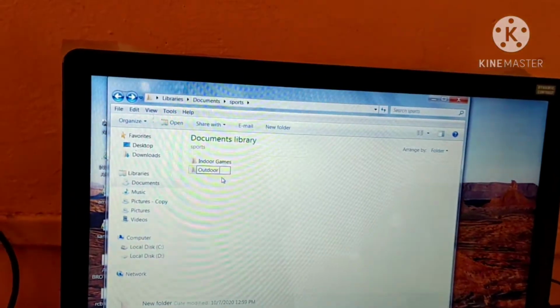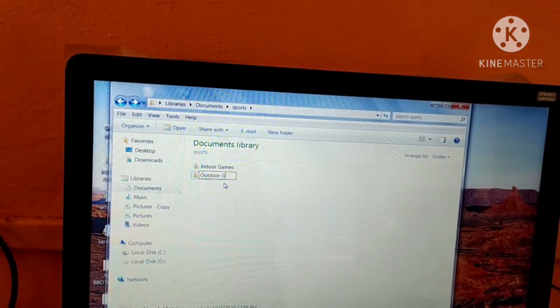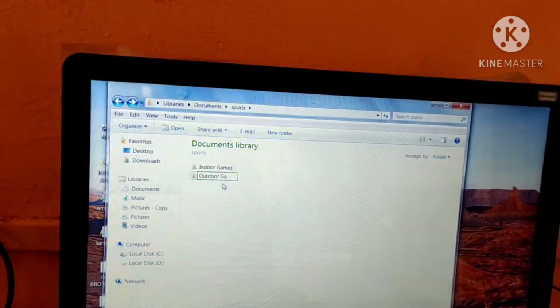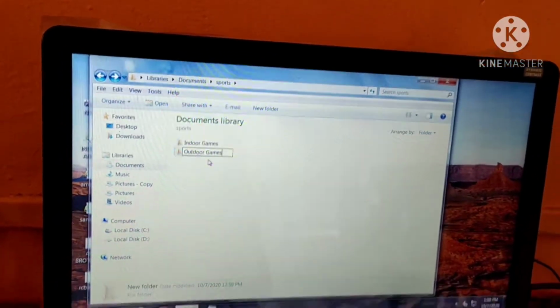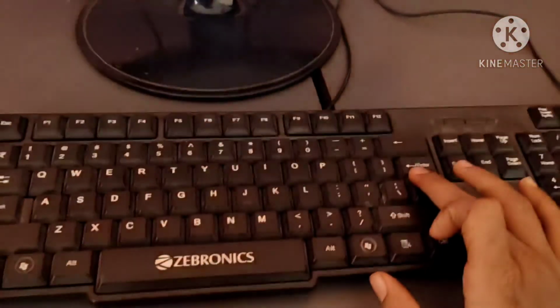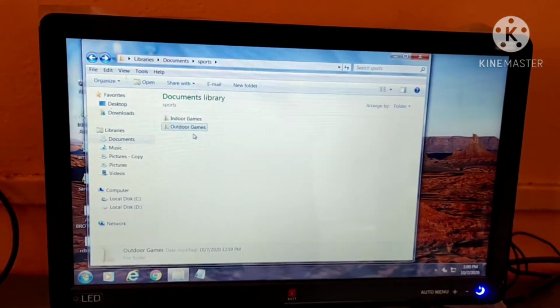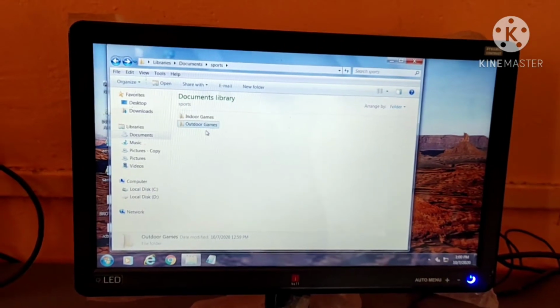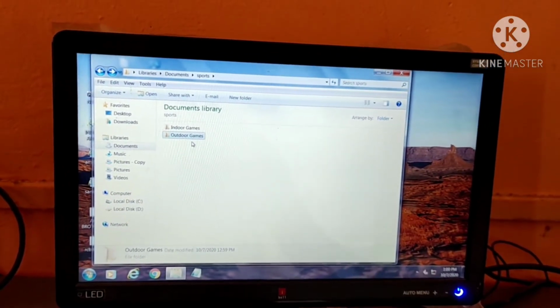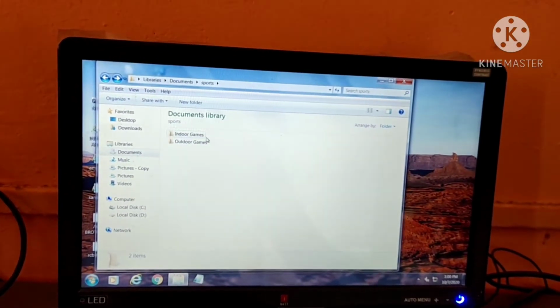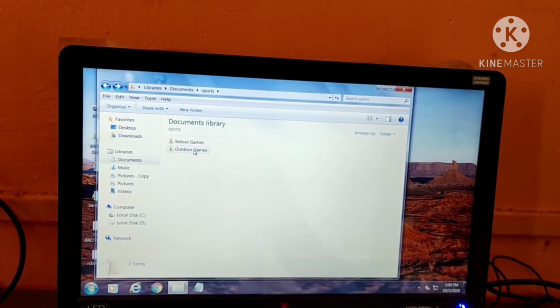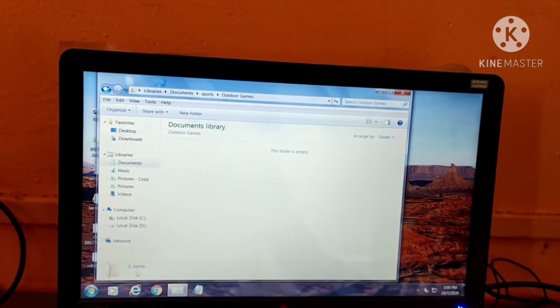The first one we created was indoor games. Now this is the second subfolder, outdoor games. After typing you should press the enter key. Here the folder is ready, outdoor games. These two subfolders we have created in the sports folder.